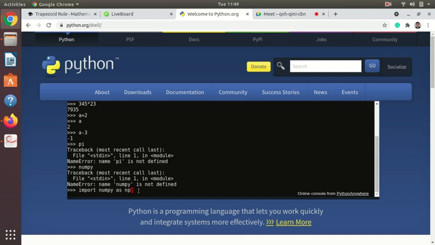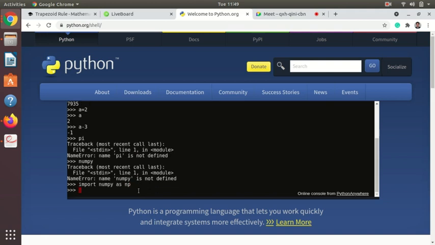Okay, so we will import numpy, but instead of writing numpy every time, we will use np. This is just a shortcut to recall numpy. So whenever we write np, it will give you the library inbuilt in numpy. So this is just a command to the compiler to import. Now if I run any command in np, that is numpy, it will execute. Okay, so I will show you how.